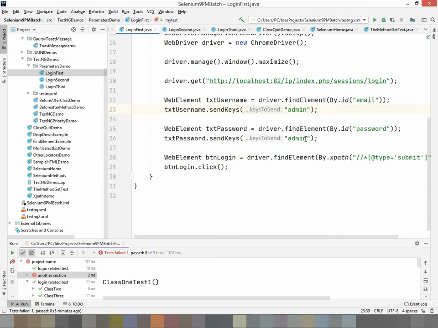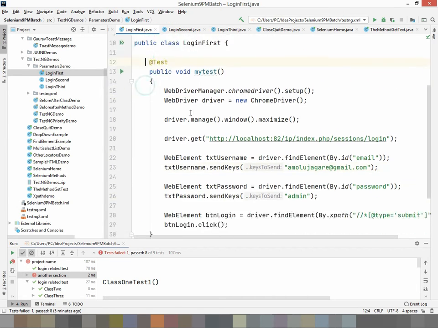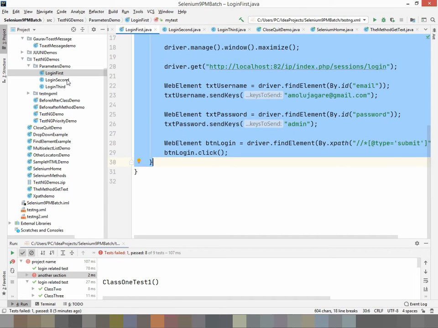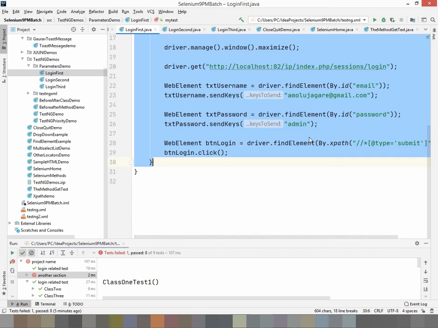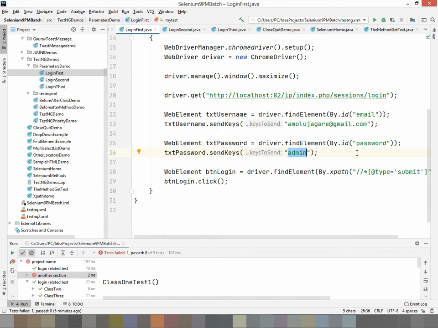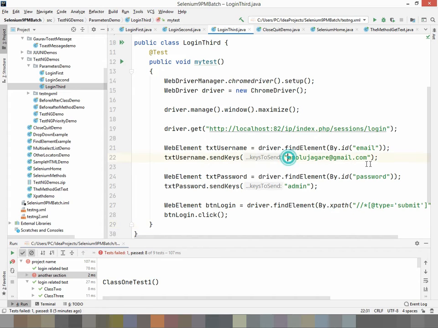Okay, admin. I need to use some email ID over here actually, amoluzagare@gmail.com. Let's write the same code in all three classes, and we are just going to change or tweak a few things. So we'll keep some difference. In the first class I'll write a correct username and password. In the second class let's write a wrong username and password, and in the third class let's keep a blank username